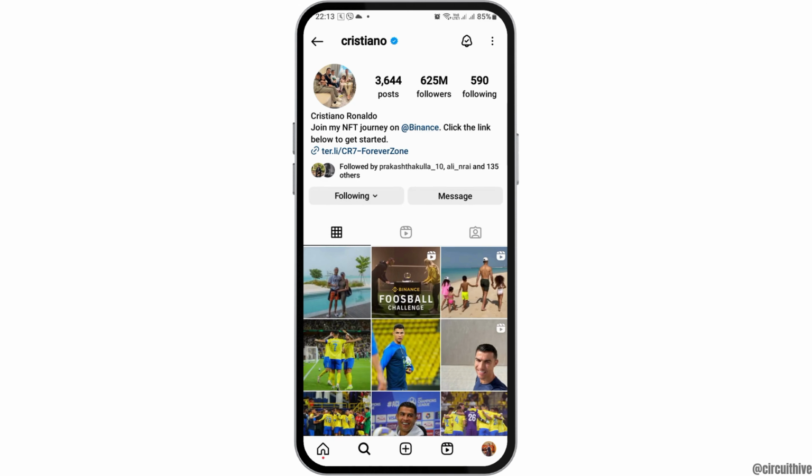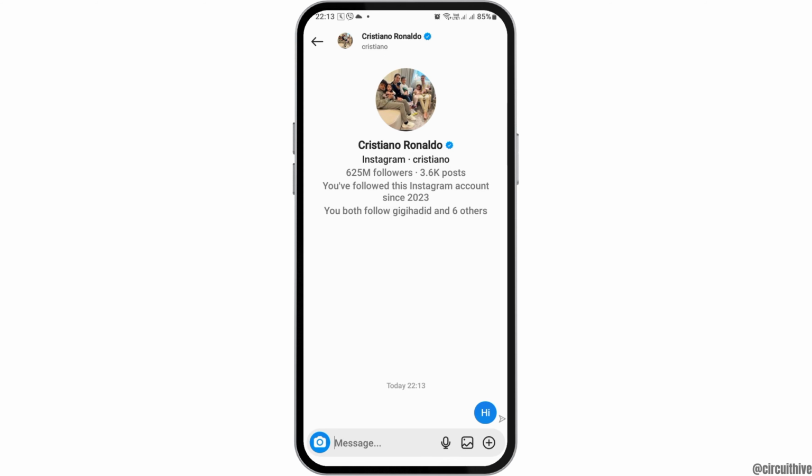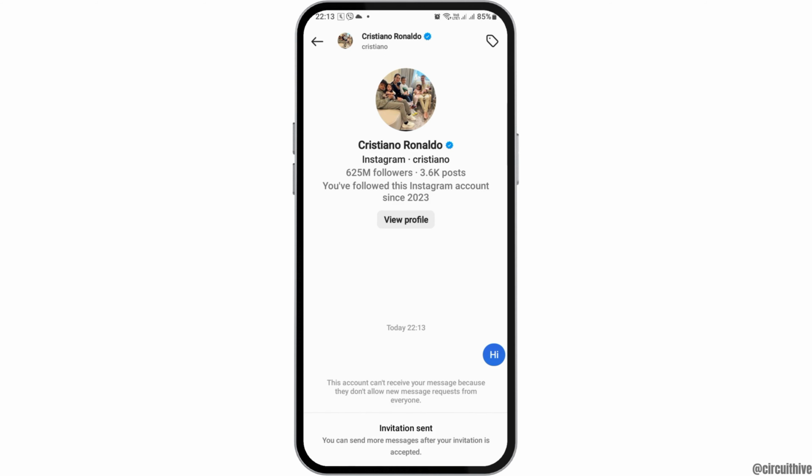Now, if any day you send the message of invite like this to the person and you would like to delete the invite message, then first of all, you have to tap on that. For example, you can see the invitation sent will be shown like this. Now, you have to tap on the message. Now, after you tap on the message, if you do not see the option of unsend out there,